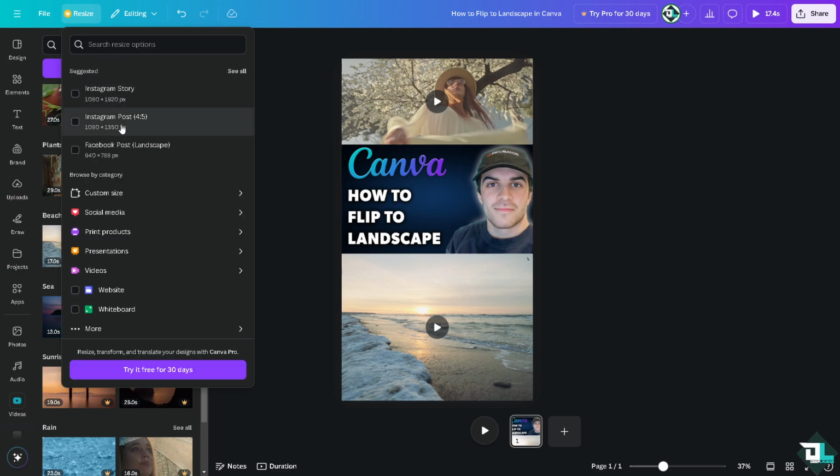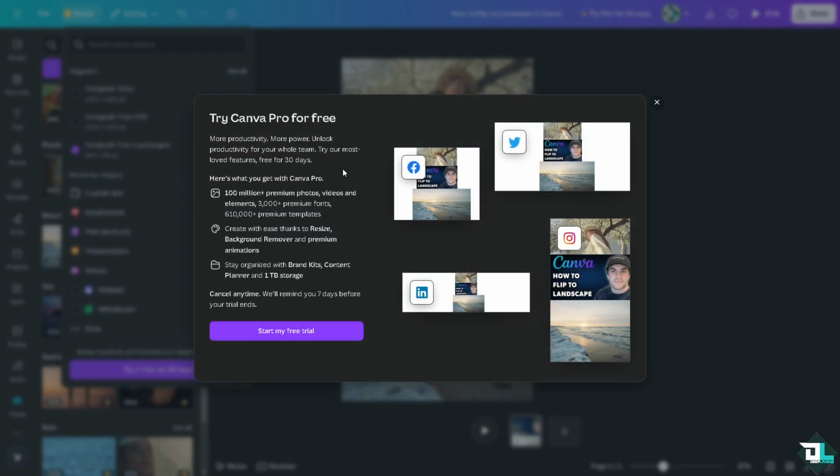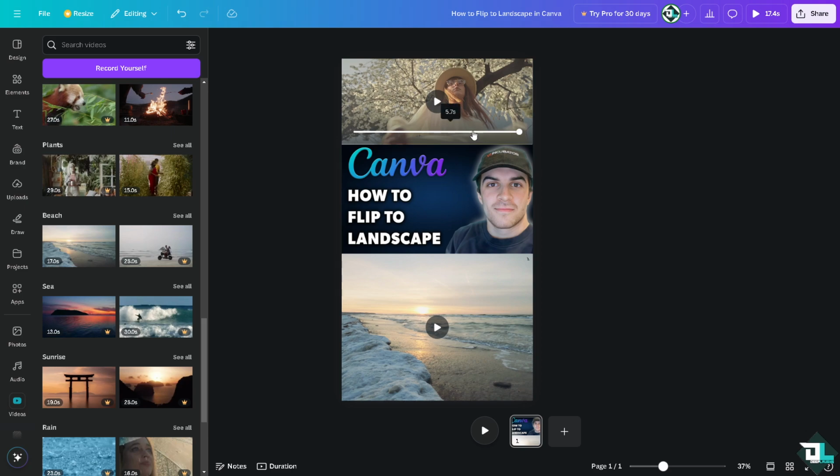Now, if we go to the Facebook landscape, what will happen is the resizing option is only applicable to the Pro subscription, right? If you click on the try it for 30 days, what will happen is, you see that? You need to try the Canva Pro for free if you haven't already. And that would automatically make it an easier option to resize the design. But if you don't want to upgrade to the Canva Pro,